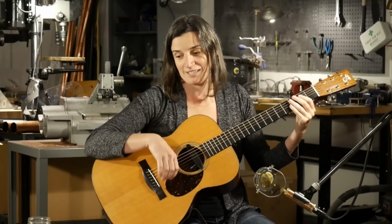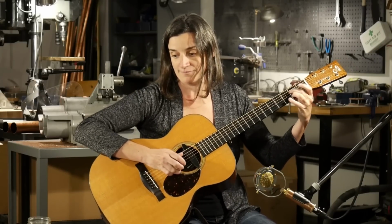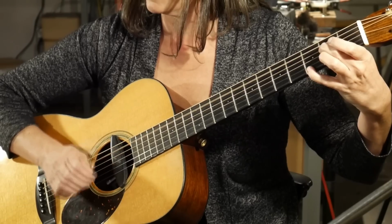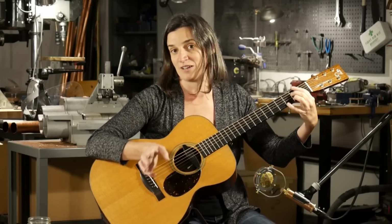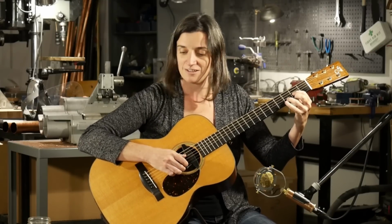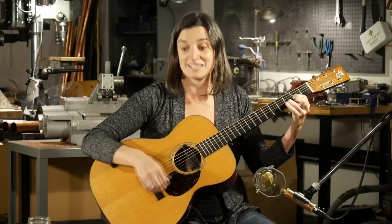Moving on to example 1C, it's the same pattern with the monotone bass, but now we're going to add some different notes on the melody strings or the treble strings. As we look ahead through the examples, I've included how to change this pattern for a D chord. So example 2A, the alternating pattern is... and cutting right ahead to the monotone bass with the addition of a flat 7th, we would have...